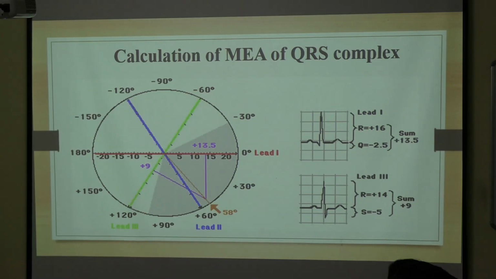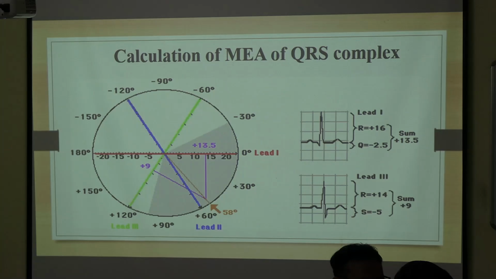Then in lead 3 this is positive, and a little bit of negative is there, that is 1. So how many positive? Around 10. So it will be plus 9 because negative is around 1 box. So along lead 1 that is 0, so it will be at 0 in the center. Then along lead 3 you have to go along the lead 3, which is around plus 9. So you count till 9.